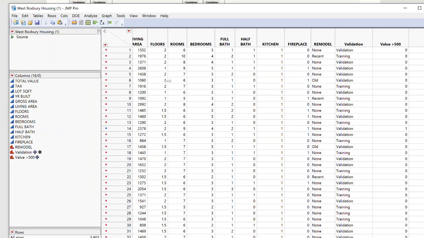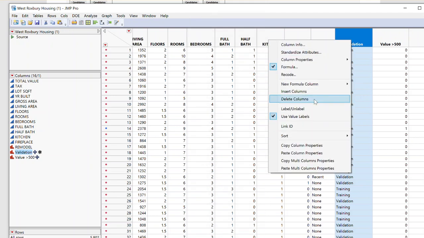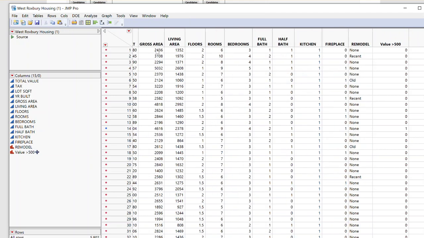Okay, so this is our raw data, and here I already generated a column called validation. So the variable's name is validation. That means I just randomly choose some of them as my validation set, and then the others will be the training set. Right, okay, so now I will delete it and I will show you how to generate